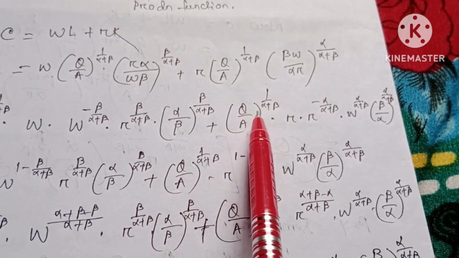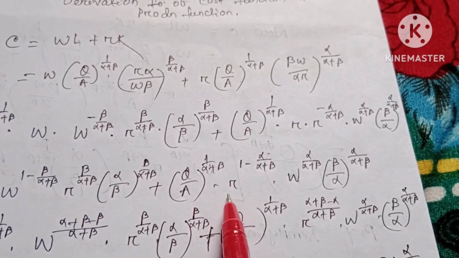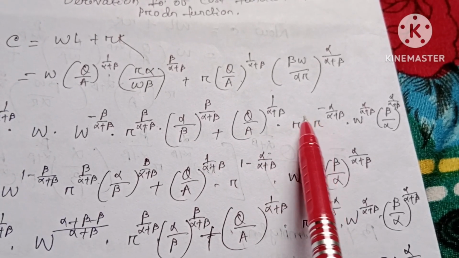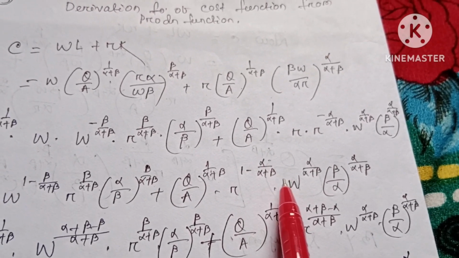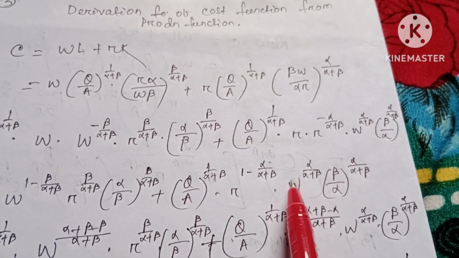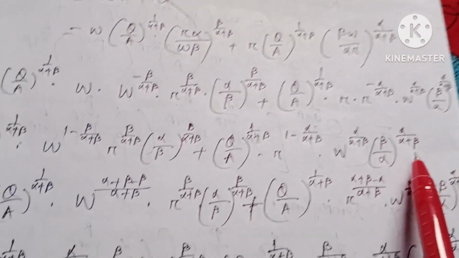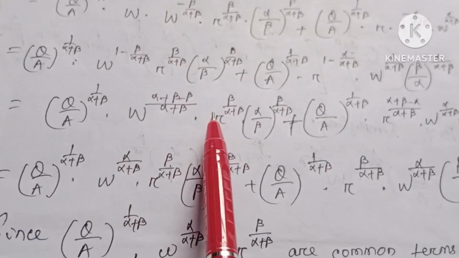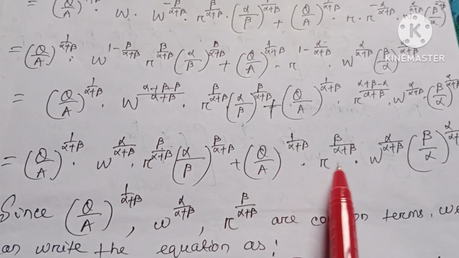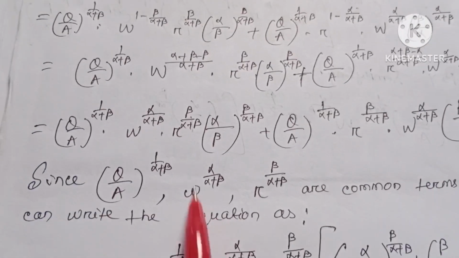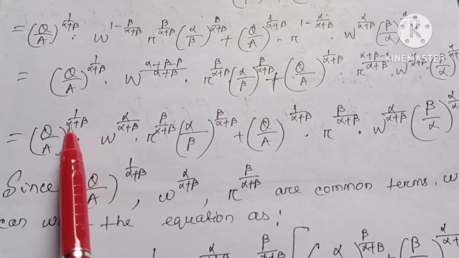plus (q/a) whole power 1 by α+β into r to the power 1 minus α by α+β into w to the power α by α+β, and the same (β/α) whole raised to α by α+β. Now again solving this equation, finally we will get (q/a) whole power 1 by α+β